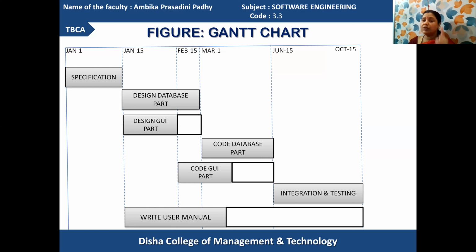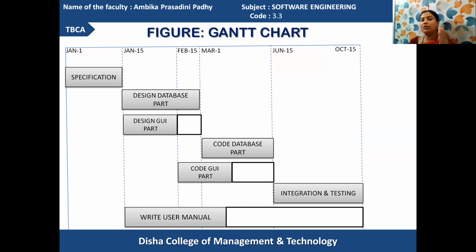But as per your multitasking facility, the design GUI may be started, and the design GUI may be provided for coding. Got it? When the GUI designing is over, the coders can start their activities. But the slack time is there until the job's completion is shown. Got it? Then your code database part.